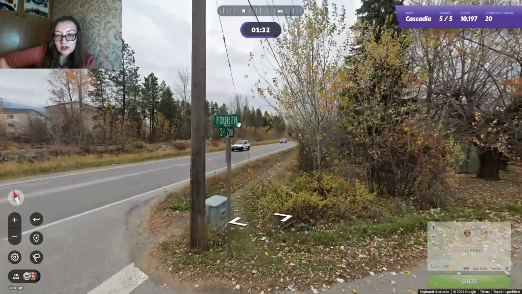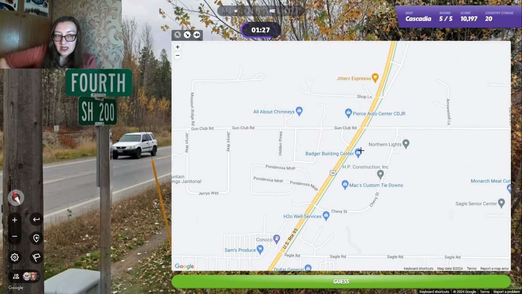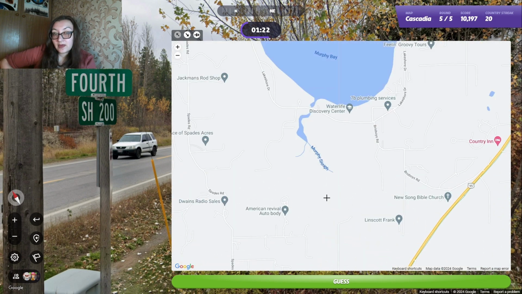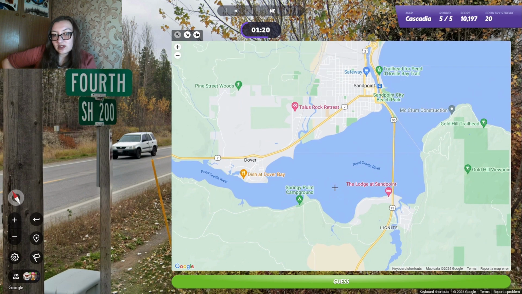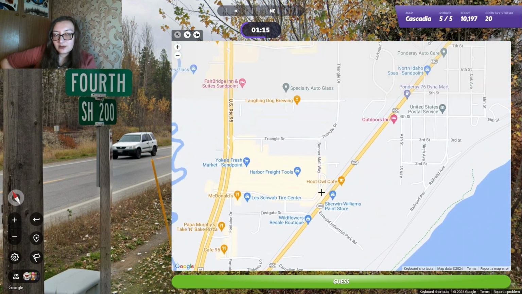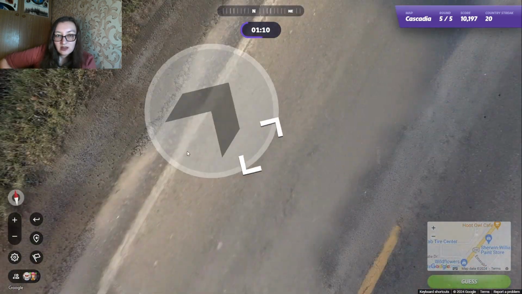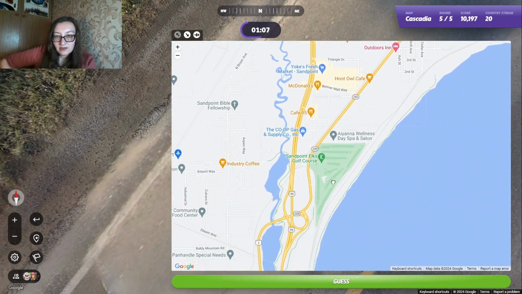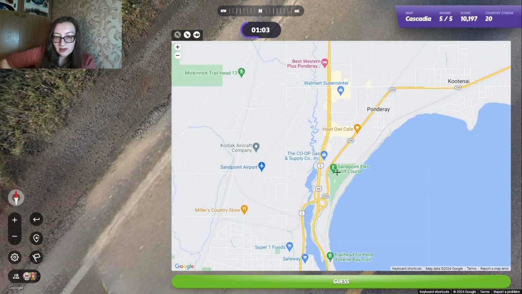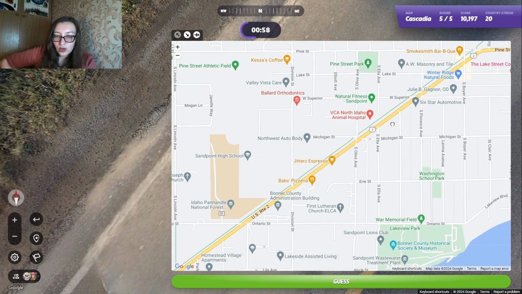It had street names, so I was like, okay. It was SH 200 and 4s. I was scanning for 4s at first. I was like, oh, I'm on 4th Street, let's just look at the city for 4s. And then I was like, oh wait, it says State Highway 200. Whoops. Yeah, this angle fit. I did not see 4s at first. I know it points to Sandpoint, but